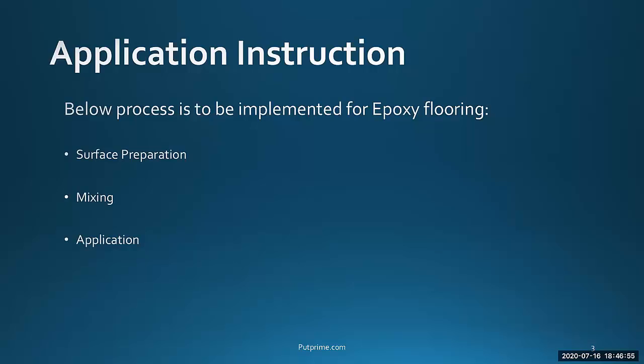Then next is mixing. Epoxy flooring comes in two parts: resin and hardener. So it has to be mixed in proper proportion, and for mixing, you can use a motorized paddle stirrer and mix it properly. You have to allow at least 30 or 40 seconds so that air bubbles move out. Otherwise, when you are applying this mixture, if air bubbles are there, then that will create some pores in the